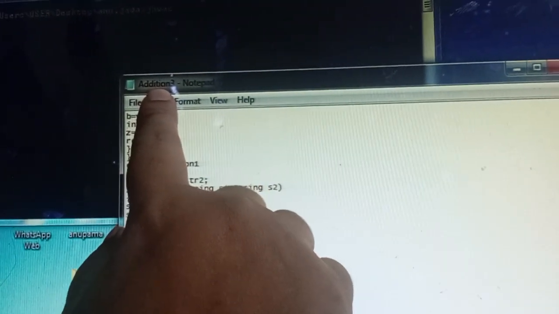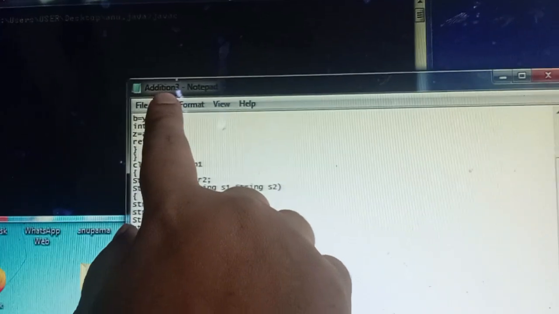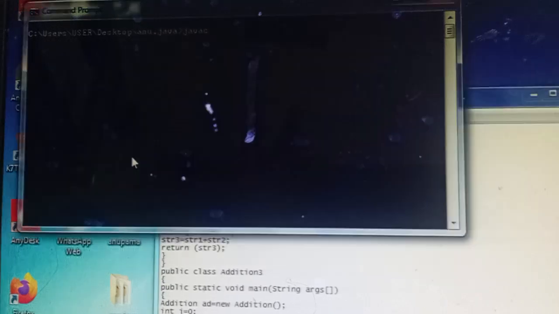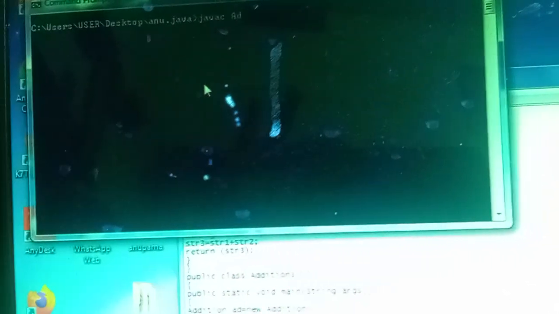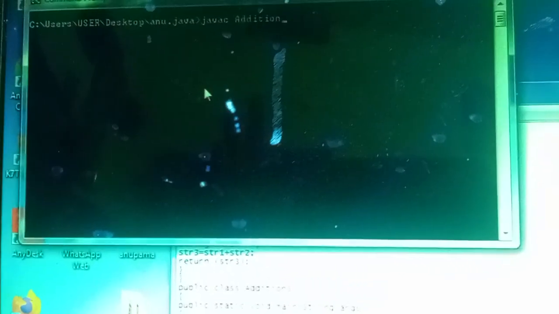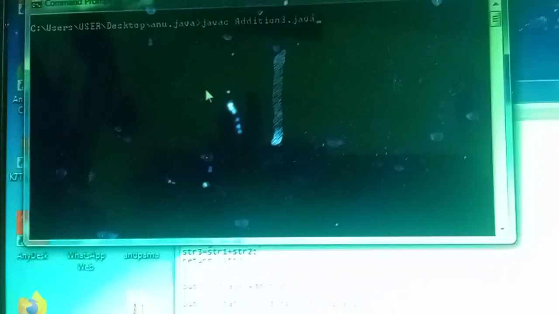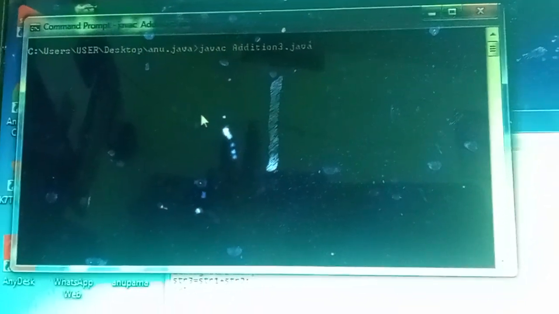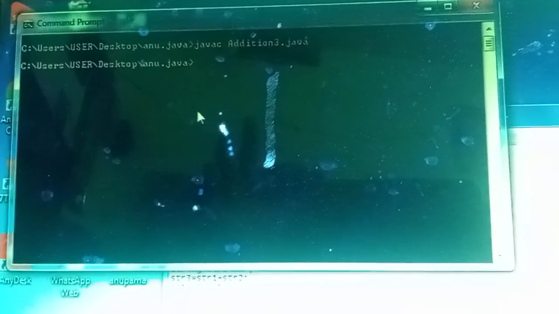The class which has the main function, that name is given for saving this program. So javac Addition3.java, and press enter. No errors.